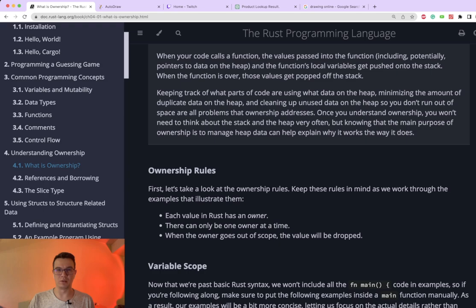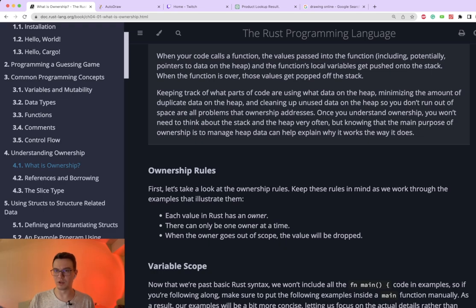So ownership is keeping track of what parts of code are using what data on the heap, minimizing the amount of duplicated data, and cleaning up unused data on the heap. So, okay,